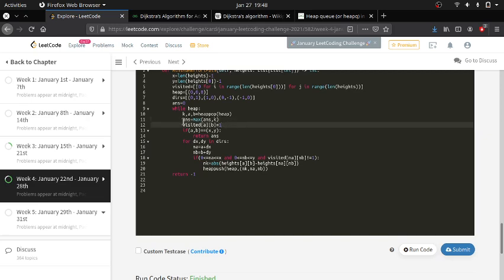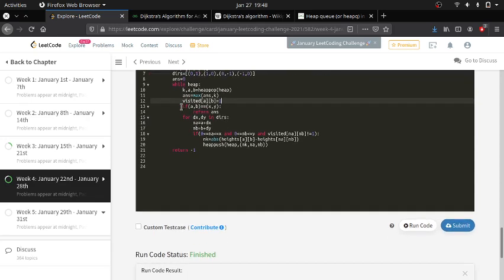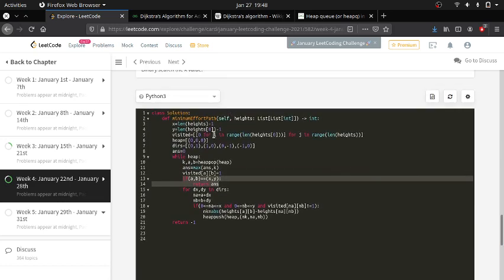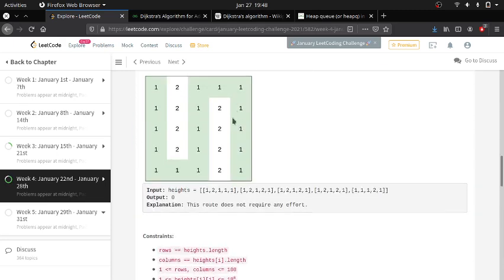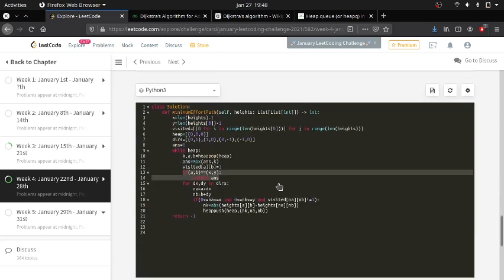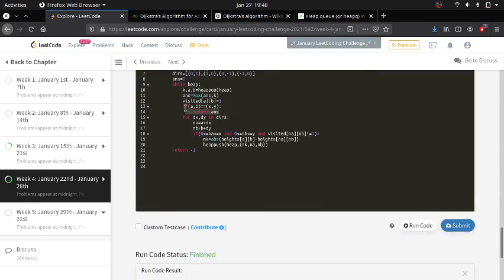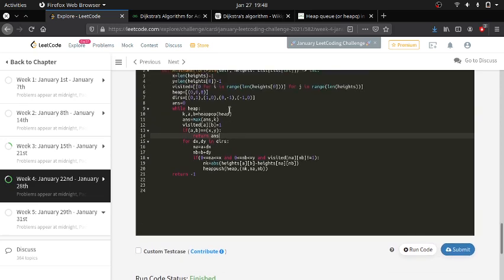Okay, and we will be setting visited of A B equal to 1. So we just visited the index, right? After that, if A comma B equals X comma Y, we will be returning the answer. What is X comma Y? This corner element. So if we reach this element, we will be returning the answer. Why are we returning the answer? What is answer? We will be discussing it in a minute. Okay, for dx comma dy in direction, in the sense 0 comma 1, 1 comma 0, 0 comma minus 1, minus 1 comma 0. I am getting these items from the list and I am adding them to the a comma b indexes.